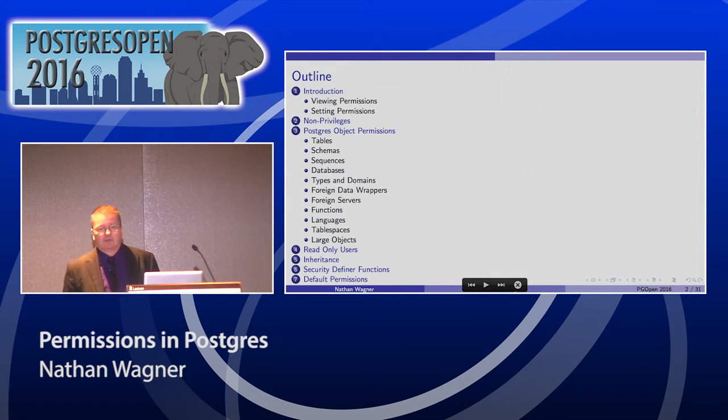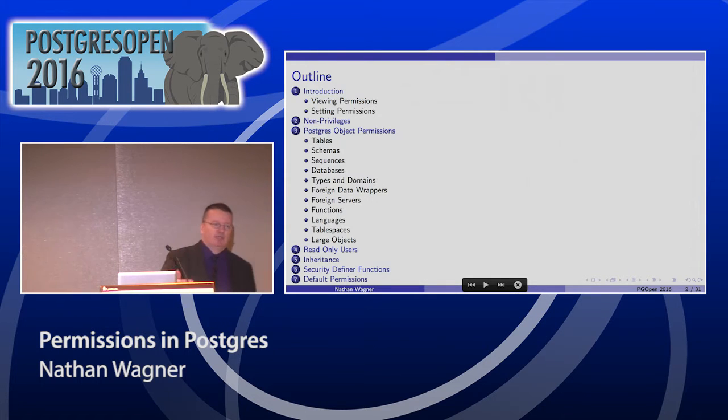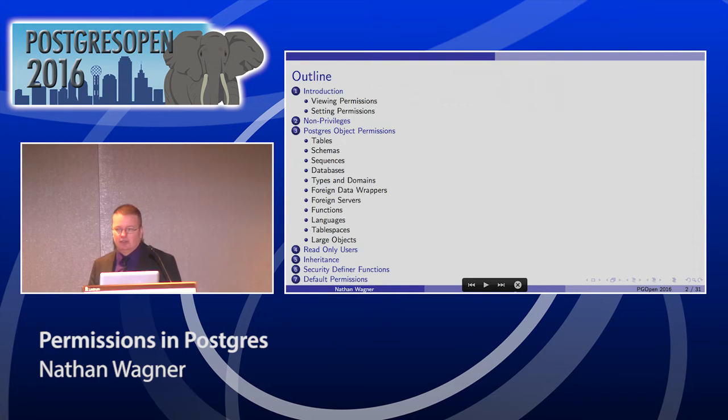You can get all of this, of course, with the grant command and reading the documentation for that. But the grant command documentation talks about each permission. Like it'll say, here's what select will do on all the things that select will affect. Rather, I'm going to talk about, here's all the things you can do to a table or schema and so